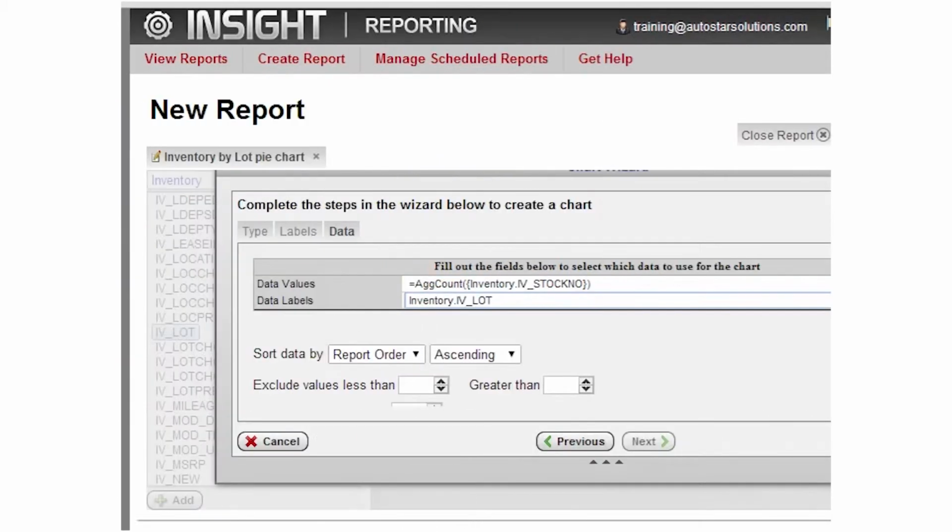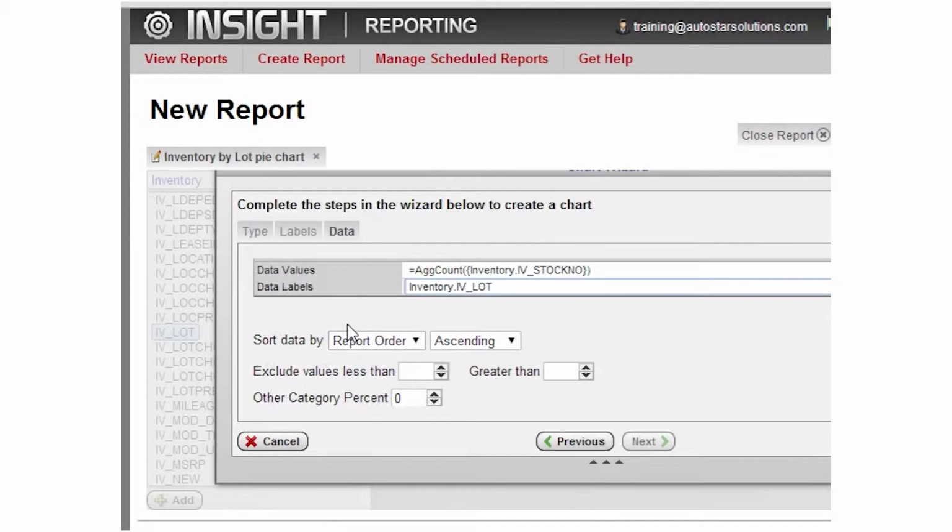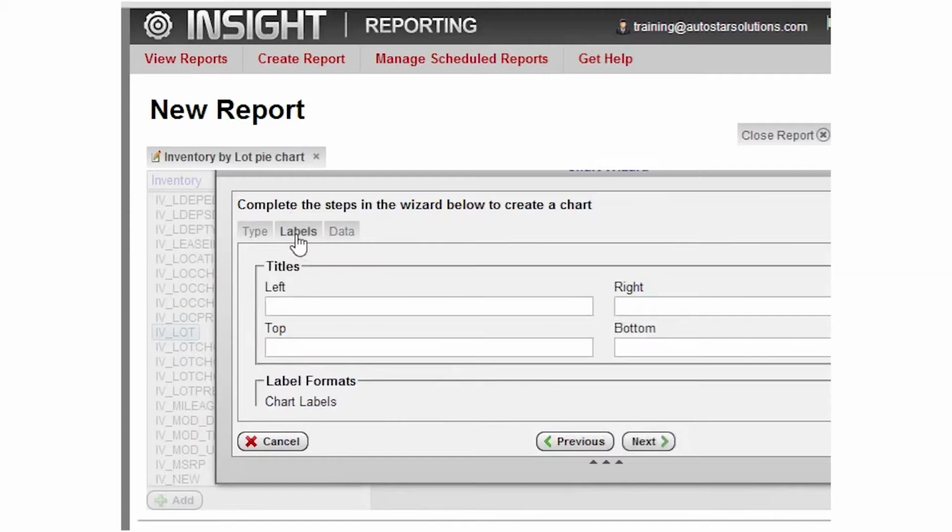Over here I don't need to make any changes because it doesn't matter how I'm sorting. I can sort in ascending order, and then I don't need to exclude any values. And in my pie chart I don't want a category that's labeled other, so I'm just going to leave that at 0. Now I'm going to move to the labels tab, and this is where you can add a title if you want to add a title to your chart. So if you wanted it to say inventory by lot,